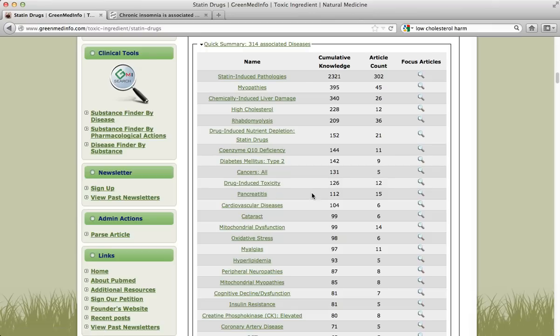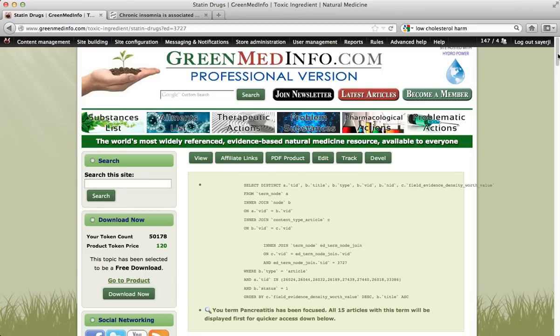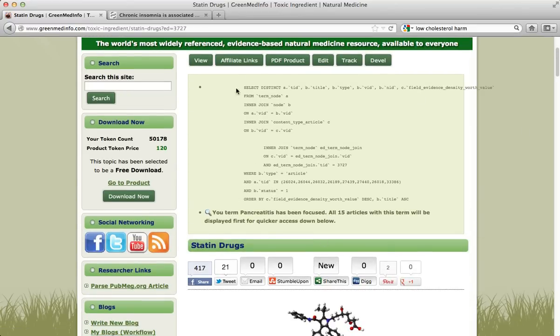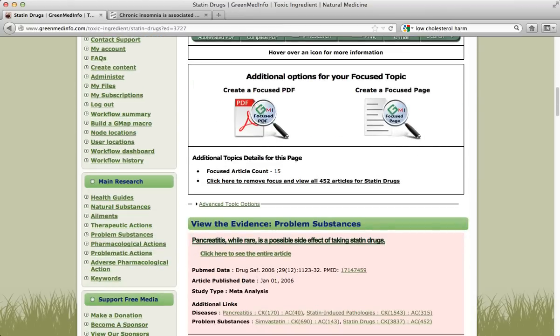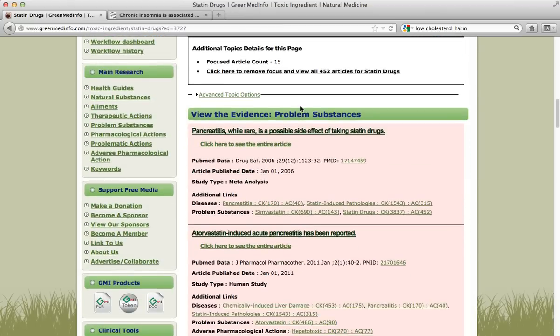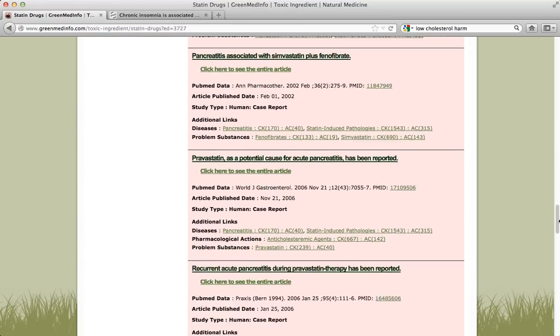So right here you can go to the pancreatitis and statin connection, hit focus articles. What you'll have below, and you won't see all of this stuff, this is developmental information, you will see all the articles right there, 15 of them as you can see, discussing the connection between statin drug use and